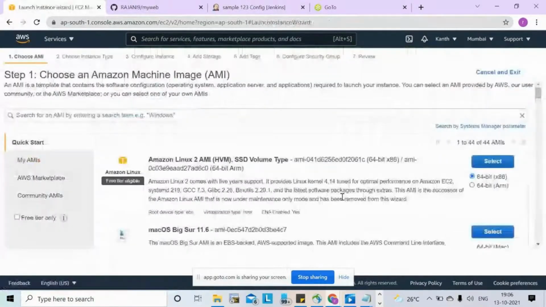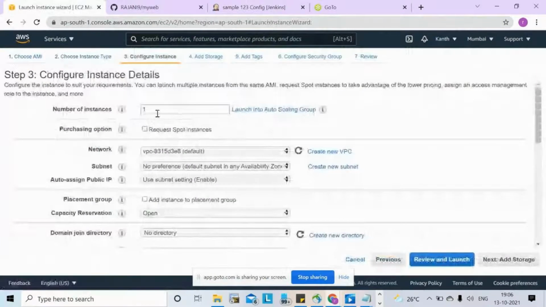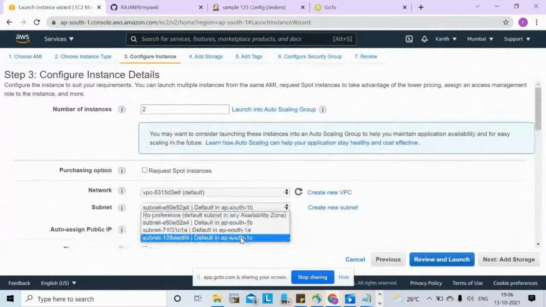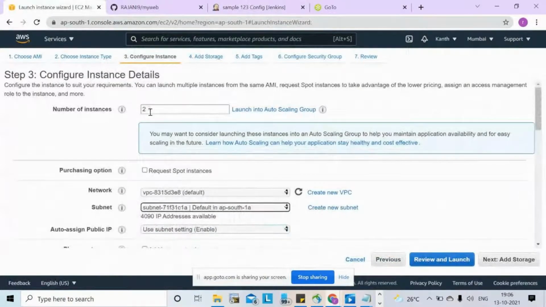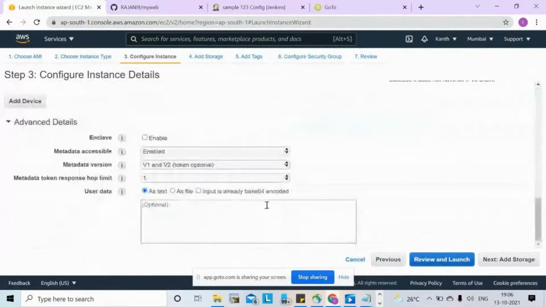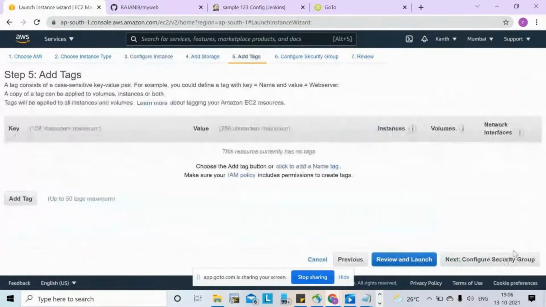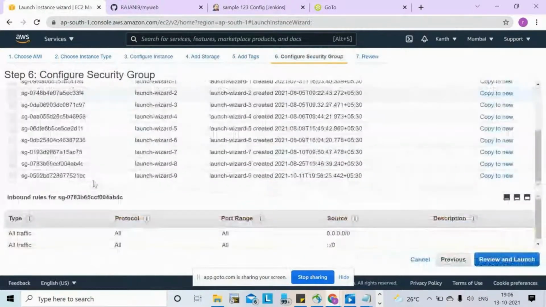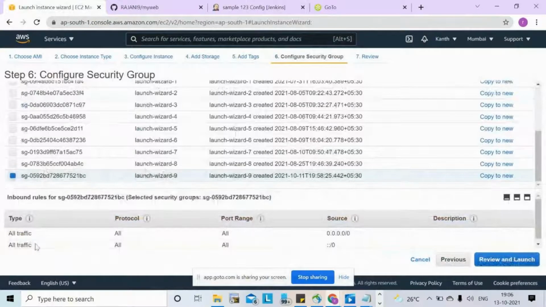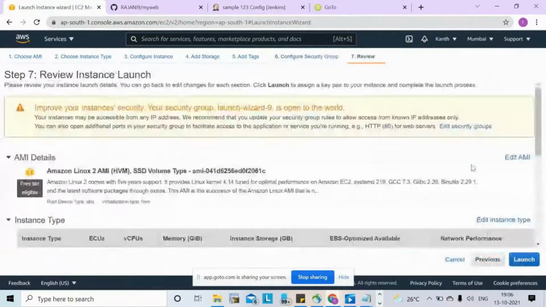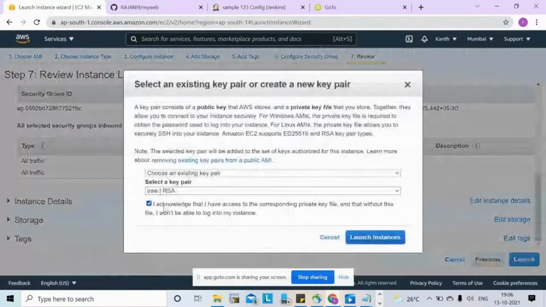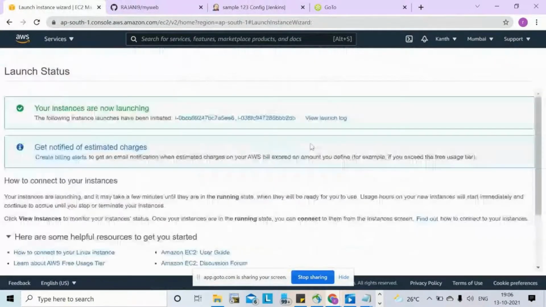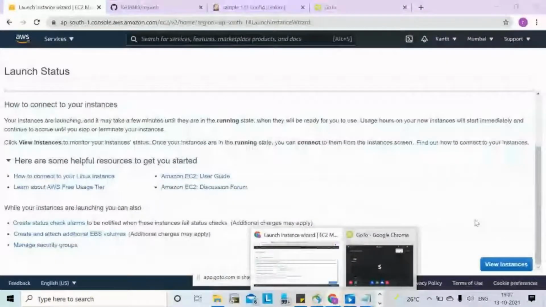So what I'll do, configure. I select one availability zone. Add tags, security group, all traffic. Review and launch. Launch. New instances.